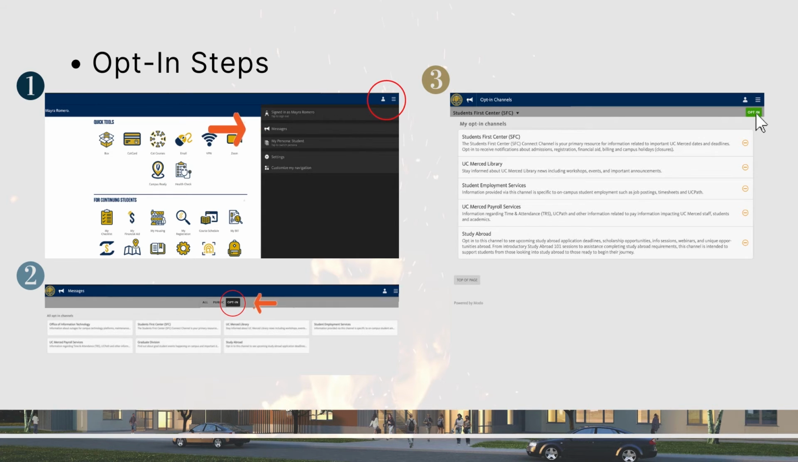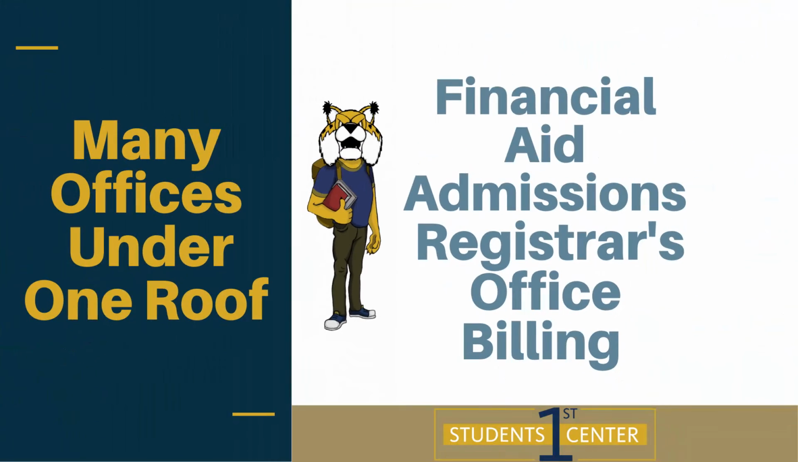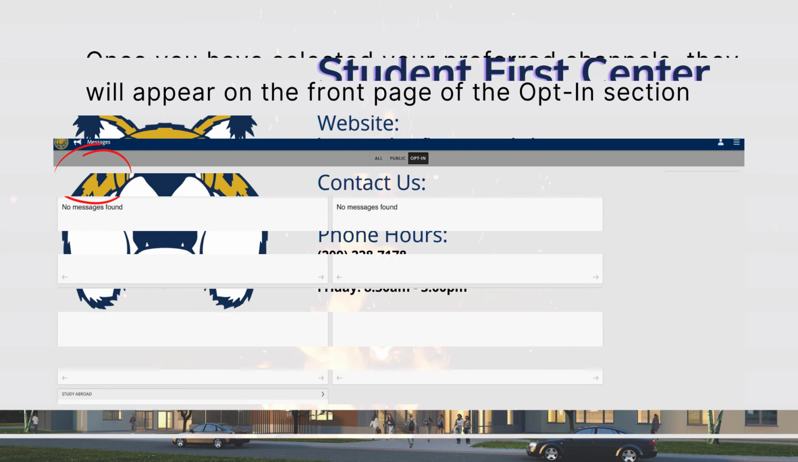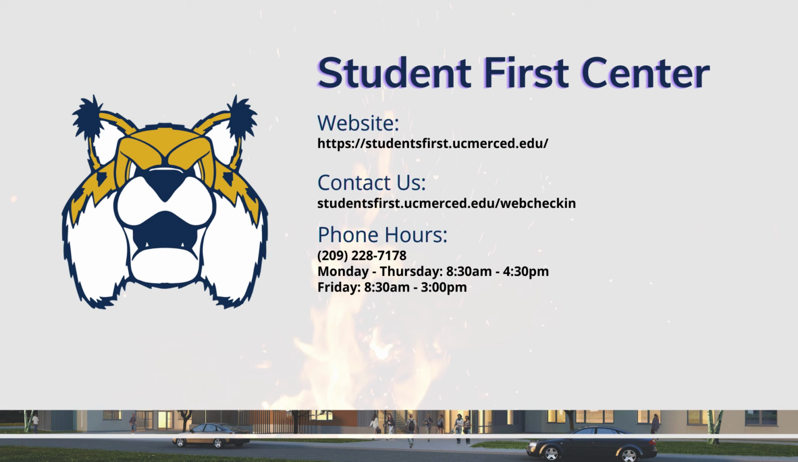Keep in mind, by selecting the Students First Center, you will be getting notices from the following offices: Financial Aid, Admissions, Registrar, and Billing. Once you have selected your preferred channels, they will appear on the front page of the opt-in section. If you have any further questions, feel free to contact the Students First Center at